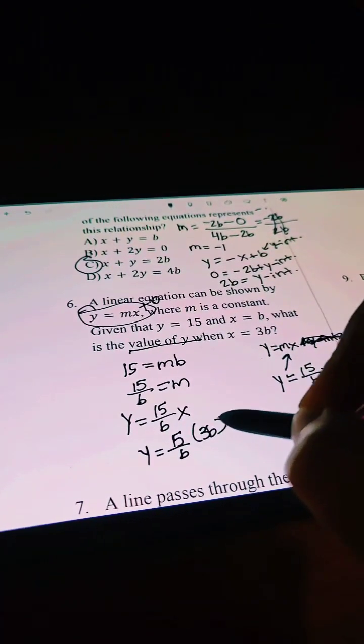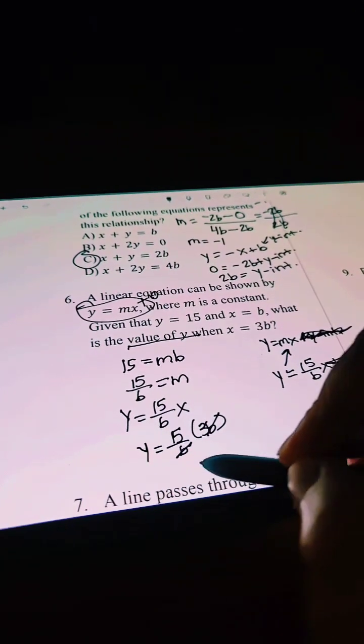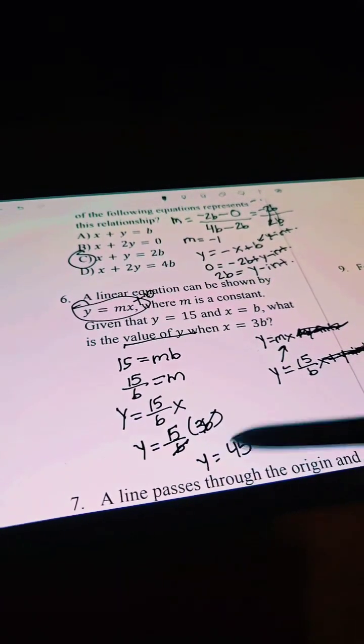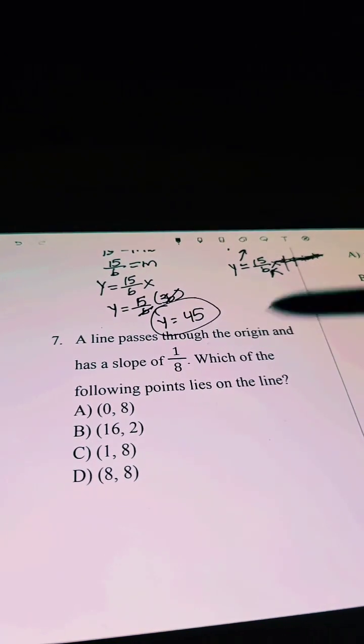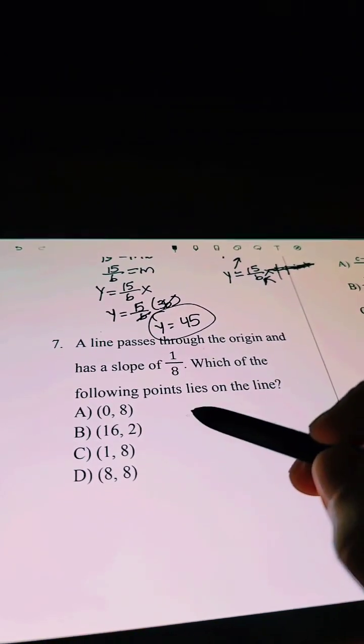And then that's times 3b. So then I'm going to get y is equal to 45. So then let's go to this one right here. A line passes through the origin and has a slope of 1/8. Which of the following points lies on that line? So in this one,